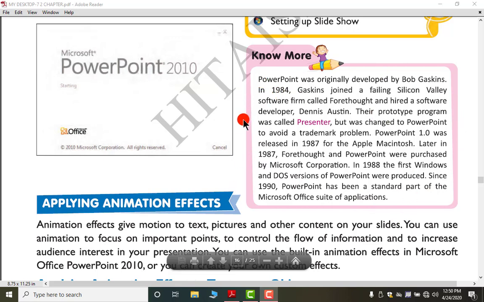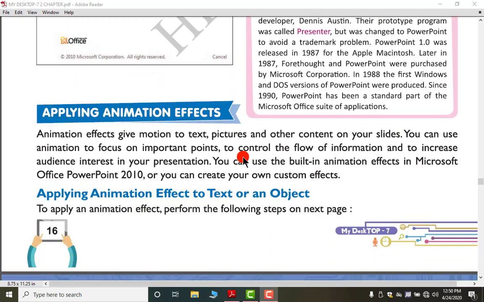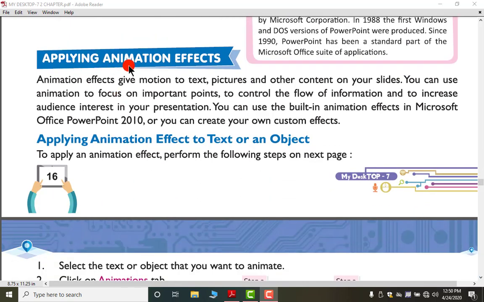This is important. Now we are starting with applying animation effects. In this chapter we will talk about two things: animation and transition. Animation means applying movement, or motion, to any object, which may include a picture, clip art, word art, wallpaper, background, your text, your name, anything.